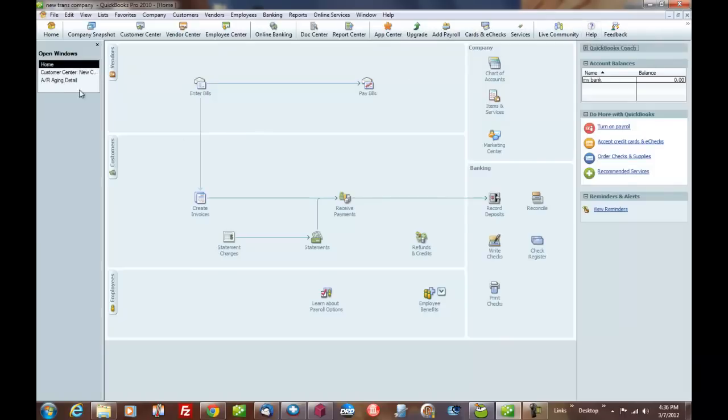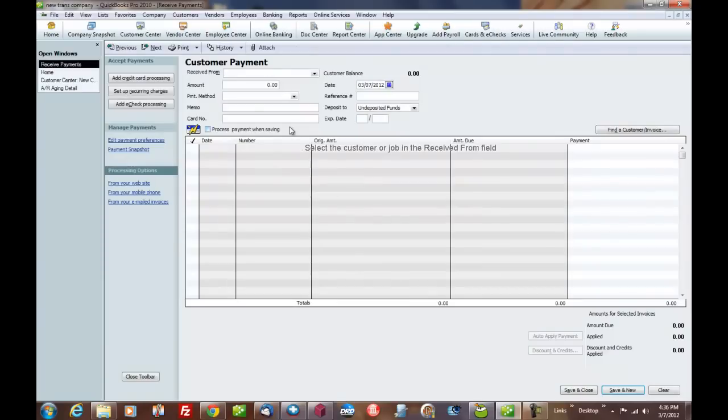Now, time goes on, and hopefully a short time, the customer sends you a check or gives you a payment somehow. You click Receive Payment, pull up your customer name from the list by spelling it, tab out, it'll bring up everything down below that they owe you for. Now, in a perfect world, you're going to have an amount to pay off this invoice,